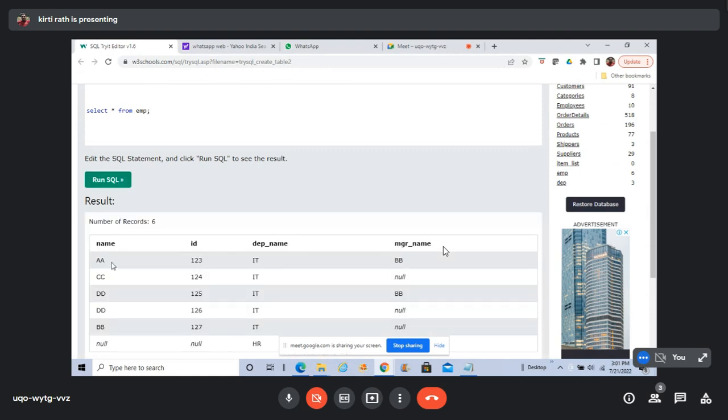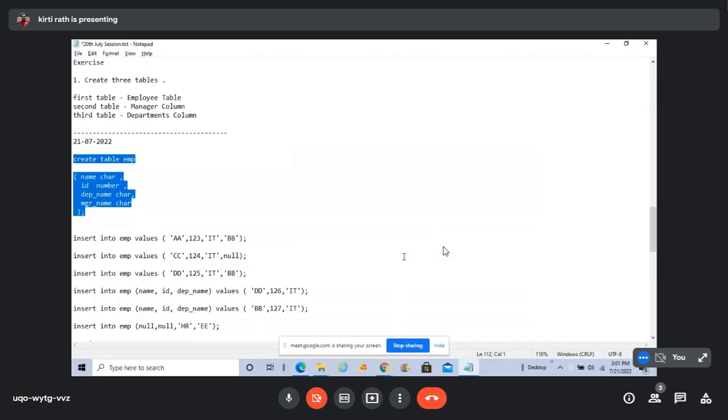In employee, we had name, ID, department name, and manager name. Manager name, let's forget about it. Department name we had. So say we had department ID here. For IT, our department ID is 1, so here we had department ID, and the value would be 1. Now the department ID column is the same column. My point is, if we are going to link 2 tables, what a foreign key does is